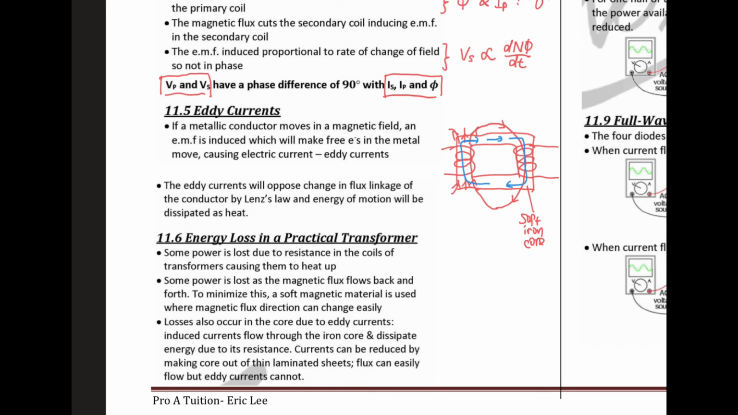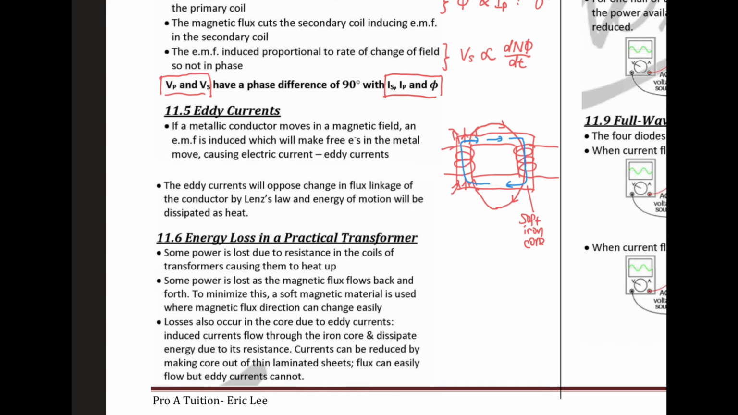So this blue color current is induced, and there is nowhere to flow. They may just flow around in all kinds of ways, and this is called eddy current. Eddy current is the current that flows in the soft iron core. The current that flows in the secondary coil is called IS. We don't call it eddy current. So then what is eddy current? Eddy current is the current that is not